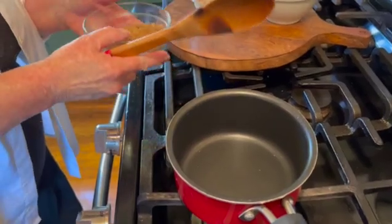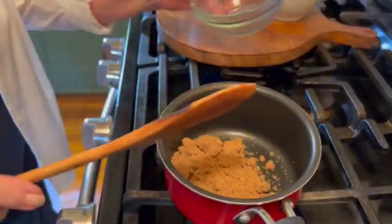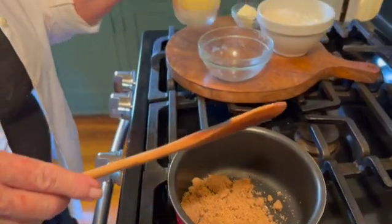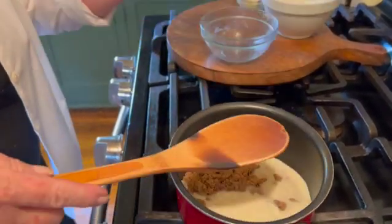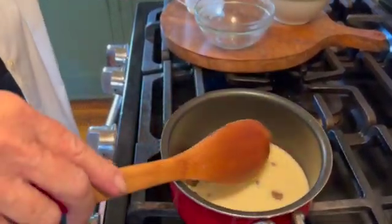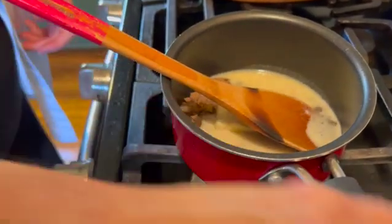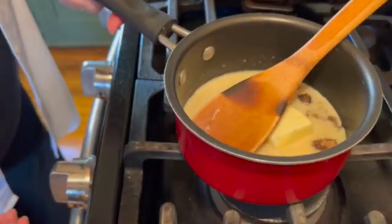While our cake is baking, we'll make our topping. You're going to add your 5 tablespoons of brown sugar, your 5 tablespoons of cream, and your 2 tablespoons of butter to a saucepan. Bring it to a gentle boil, and it needs to boil and cook for 4 to